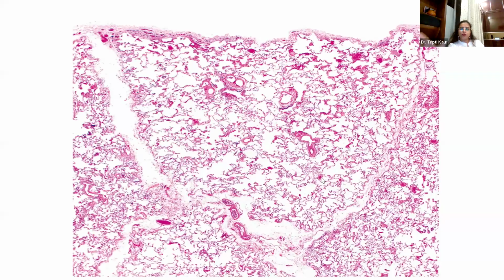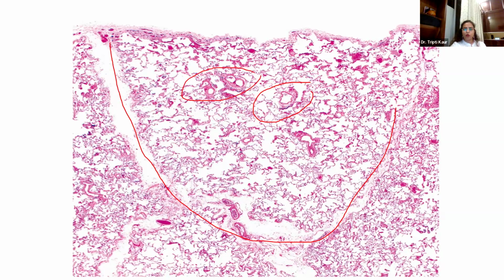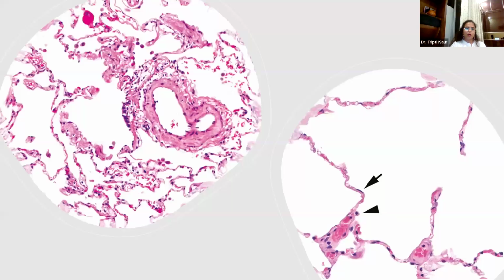So before we go on to the lung diseases, we should know how a normal lung parenchyma looks. This is how a normal lung parenchyma looks. You see these alveolar spaces, and there are these septae which are separating the various lobules. You can see these pulmonary arteries here. These pulmonary arteries are most of the time related to a respiratory bronchiole. This blue line you can see here is the respiratory bronchiole. On a closer look, you can see these respiratory bronchioles are always accompanied by a pulmonary artery branch.